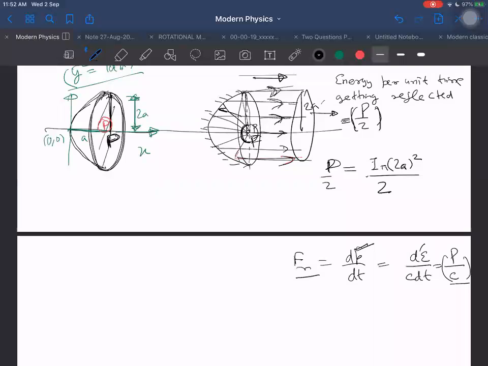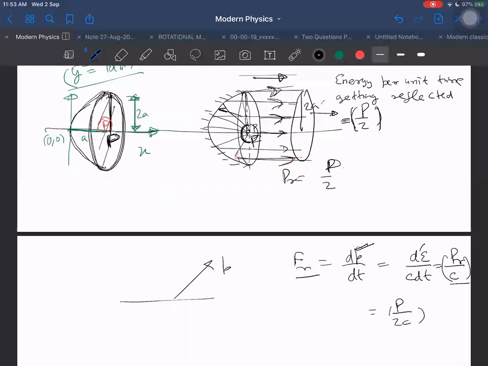Force due to reflected rays: the momentum gained by the reflected rays is P, and these are all going in the same direction. So I can just write dP by dt. That P I can write as E by C. So I am getting power reflected. This is power reflected, not the total power, because I am finding out the force due to reflection here. Power reflected, or PR only. So it is PR by C. Then what is it finally? I don't need I also. Sorry, I don't need that. I can just write this way only. So this is enough. P by 2C.